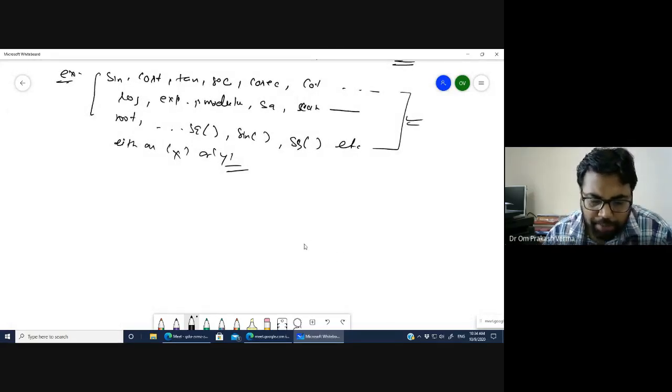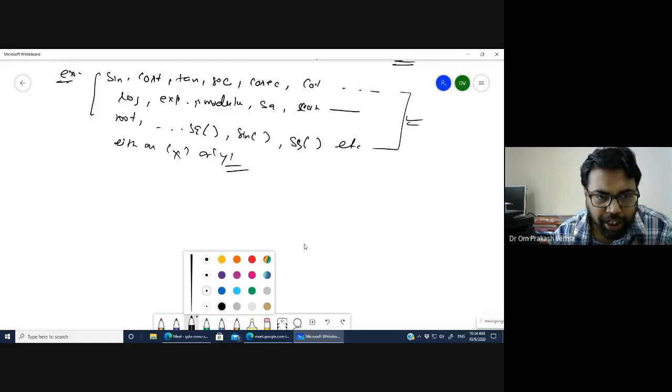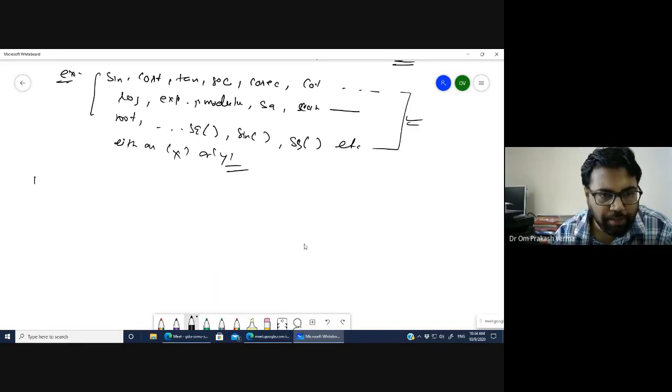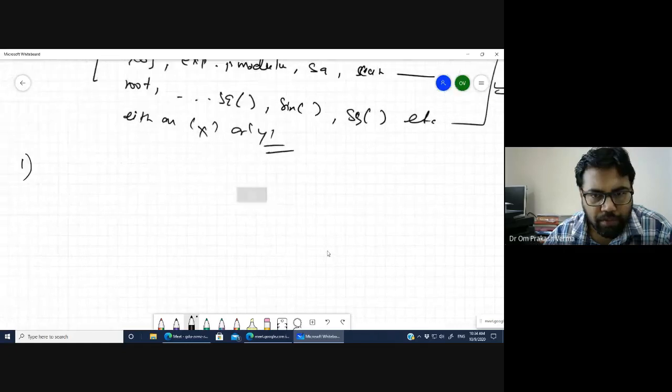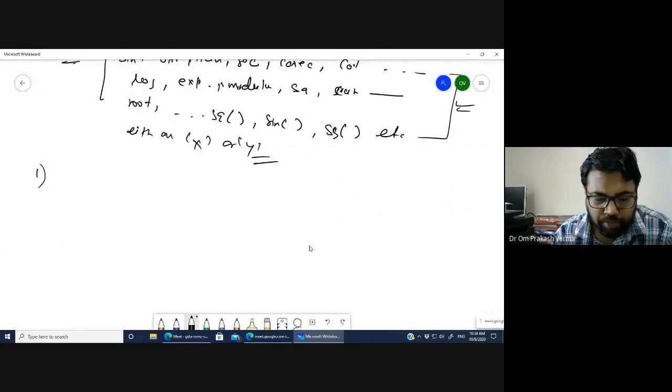See, there are some examples, and you can now verify whether we are able to check linearity or non-linearity with the help of the trick or with the help of your concept. I'm taking some examples so that you can understand better. Now it's your turn, and you have to give the answer to all these problems. So what do you think about this problem?